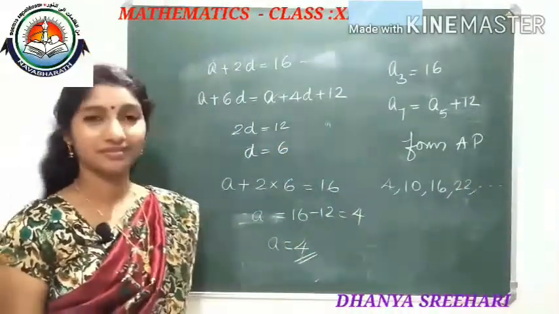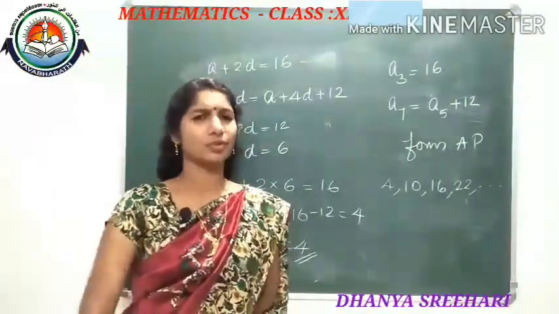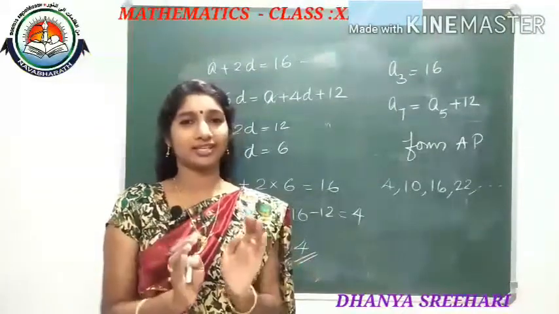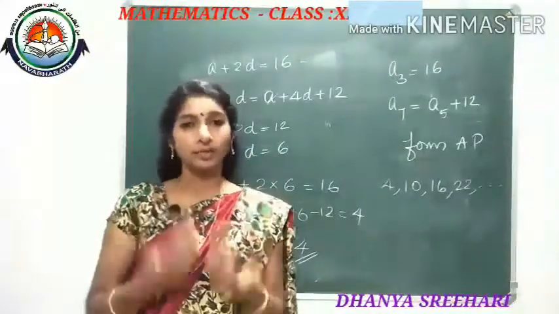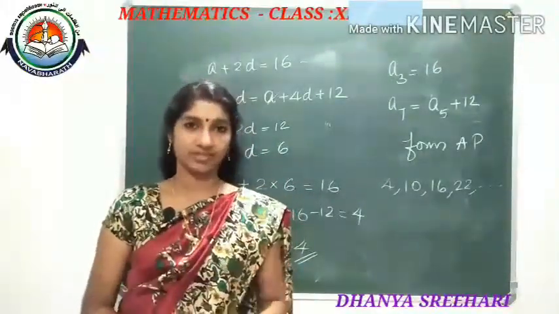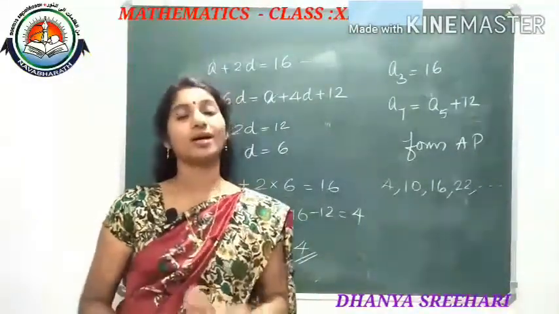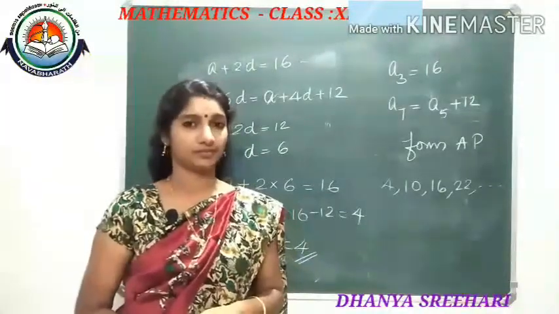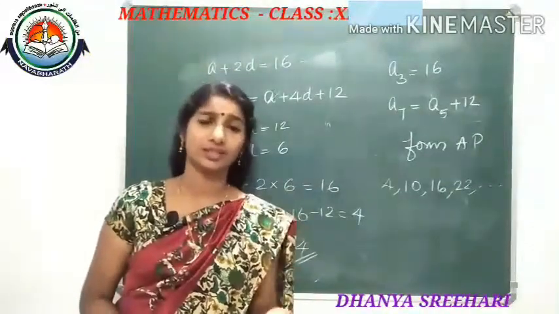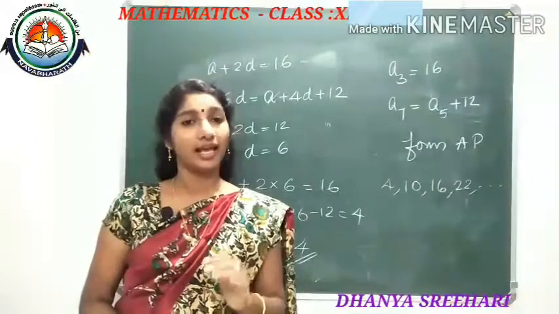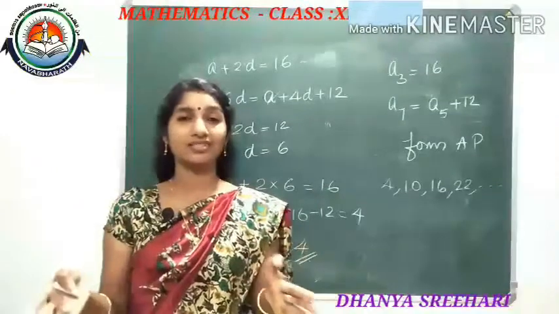Like this, questions are there in the next exercise. Many beautiful questions are there like this, where you only need the basic concepts. What is the first term? What is common difference? What is an AP? First think about AP, then the first term and its common difference. Then how will we write the general term of an AP? An equal to any term. You should be able to write any term, 21st term or 100th term or 1000th term, if A and D are given: An equal to A plus n minus 1 into D. This much concept is required to do many questions in the second exercise.